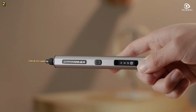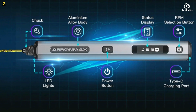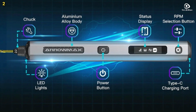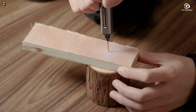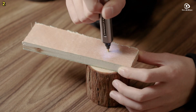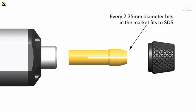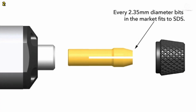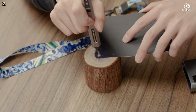The LED indicator keeps you informed about the battery status and working conditions, ensuring you never run out of power unexpectedly. The ARROWMAX drill is designed with a pocket-sized metal housing that feels great in your hand. With a rotation speed of 550 RPM and a capacity of 350 mAh lithium polymer battery, it combines powerful performance